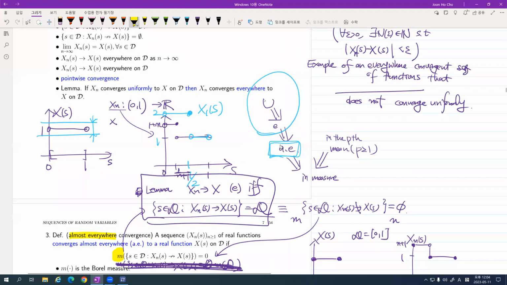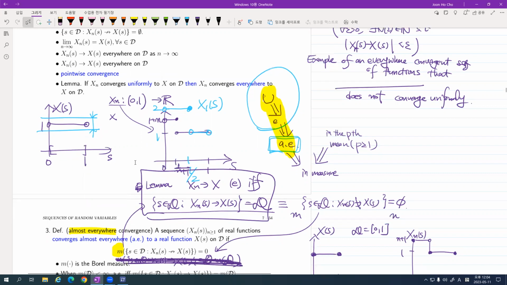Got it? So we have paved the path to almost everywhere convergence of a sequence of functions. Now, you remember that when I was given two real functions and defined almost everywhere equality, I could use integration, and I could also use the statement that for every positive epsilon outside, but the three definitions were equivalent. Can I have something similar? So let's first check that integration idea.